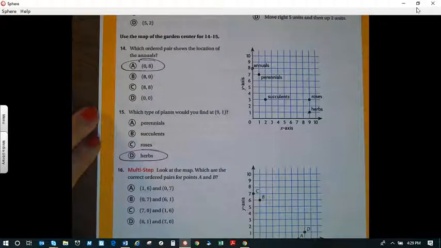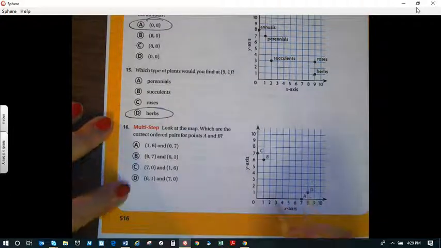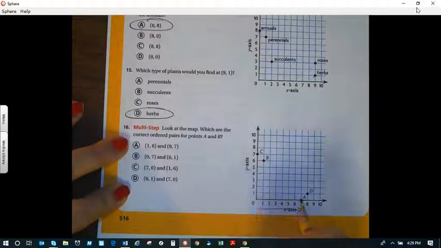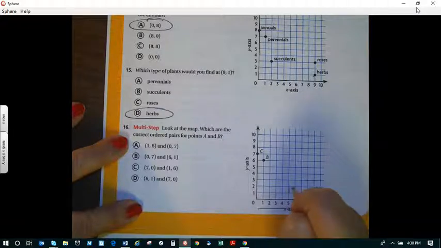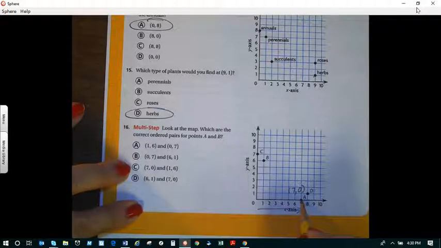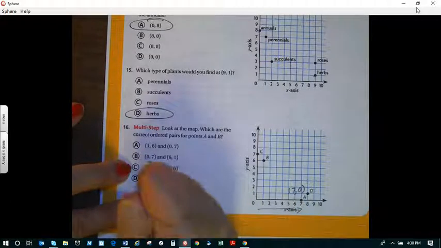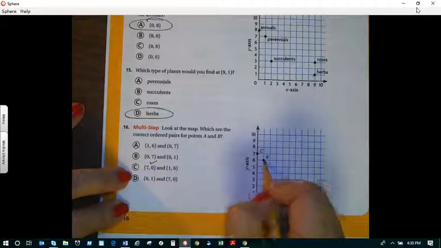Number 16. Look at the map. Which are the correct ordered pairs for points A and B? So A, remember I have to start first going across 7, and I didn't go anywhere here. So I have 7 and 0. So I went across. Here's my 7 and 0. And then here is my B. So I went